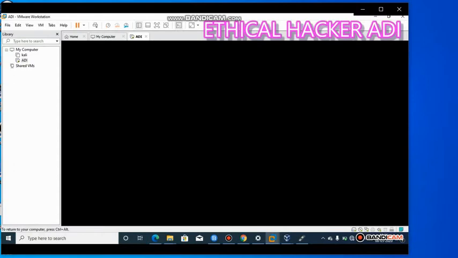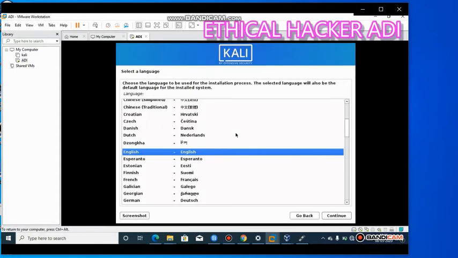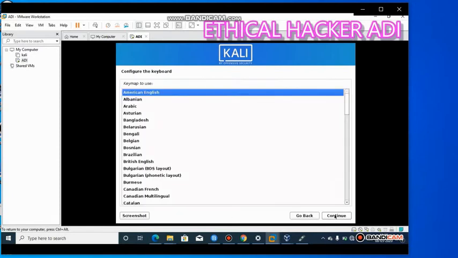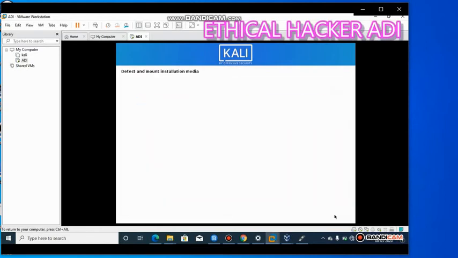Okay, that's fine. And one thing I am going to tell you that is most important. When you are going to install your Kali Linux machine, you have to remember not to be connected to the internet on your PC. If you are connected to the internet, it will take a long time and also require a lot of data. So you can see that I have not connected to my internet.